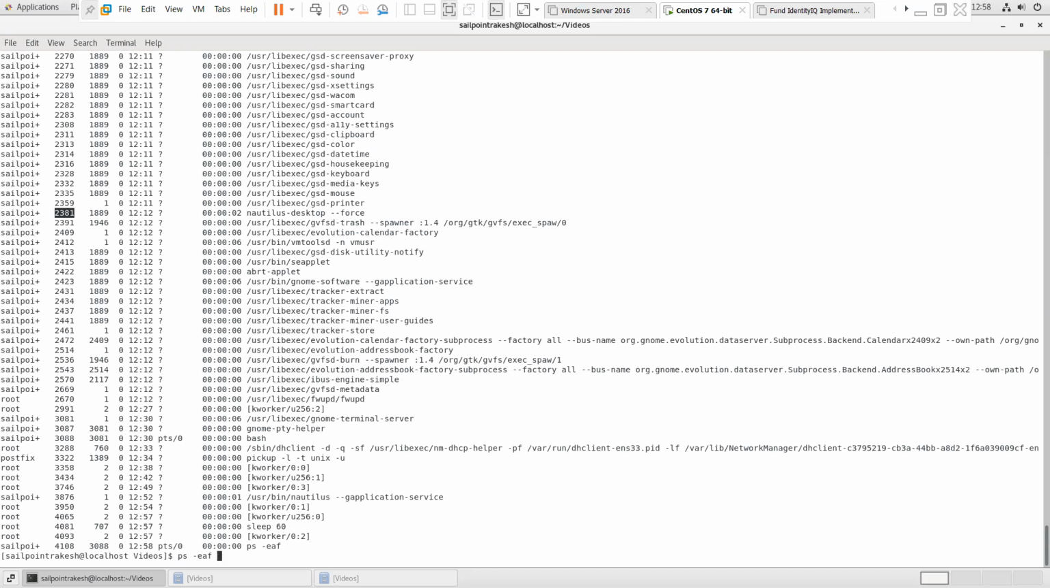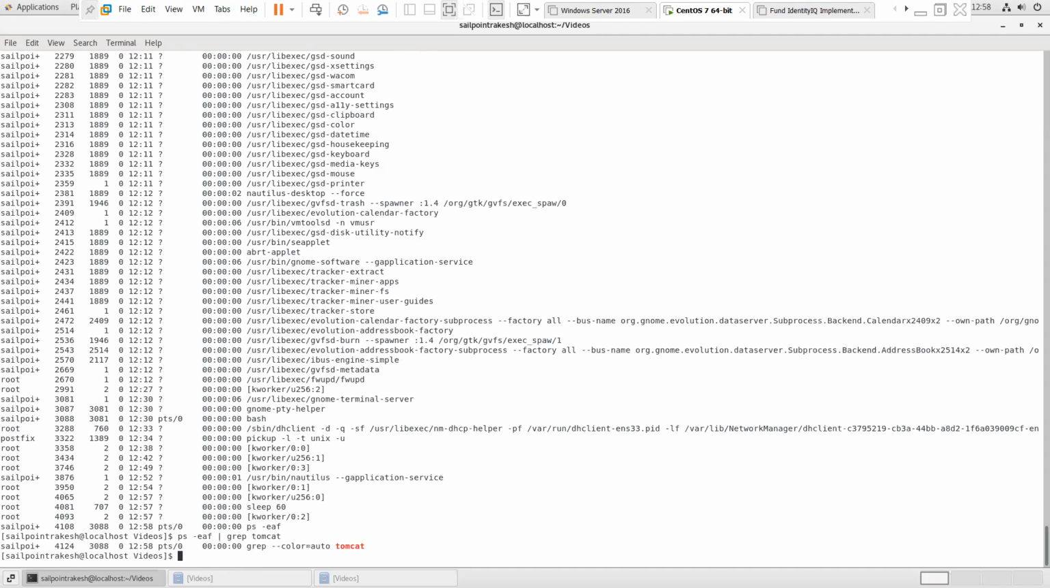Suppose you are running Tomcat, even if your system has Tomcat running, then you can give a command like ps space -ef grep Tomcat. When you type here, if any process is running, it is going to show that the process is running. Let's say now I want to see if there is one process running. I wanted to find out whether this process is running or not. So ps -ef, I'm giving a